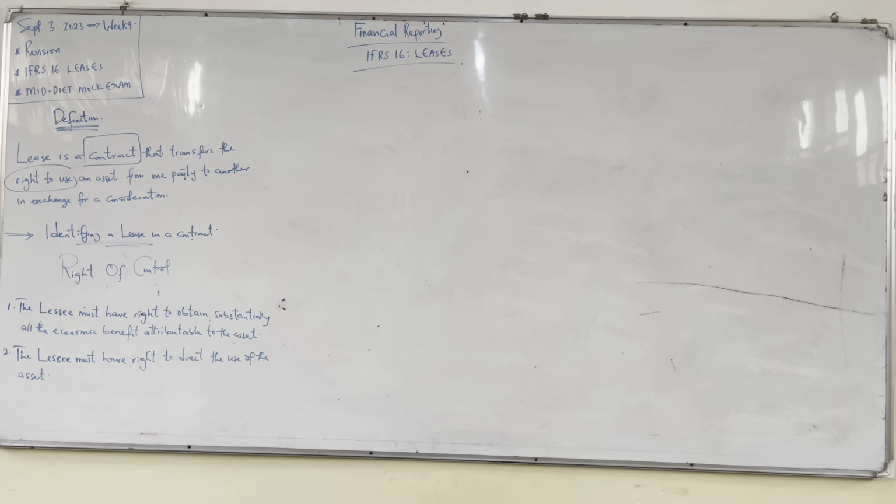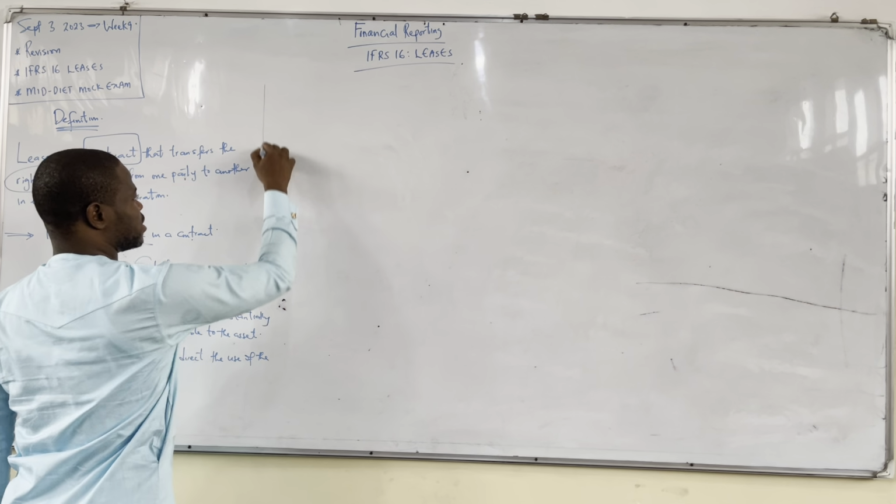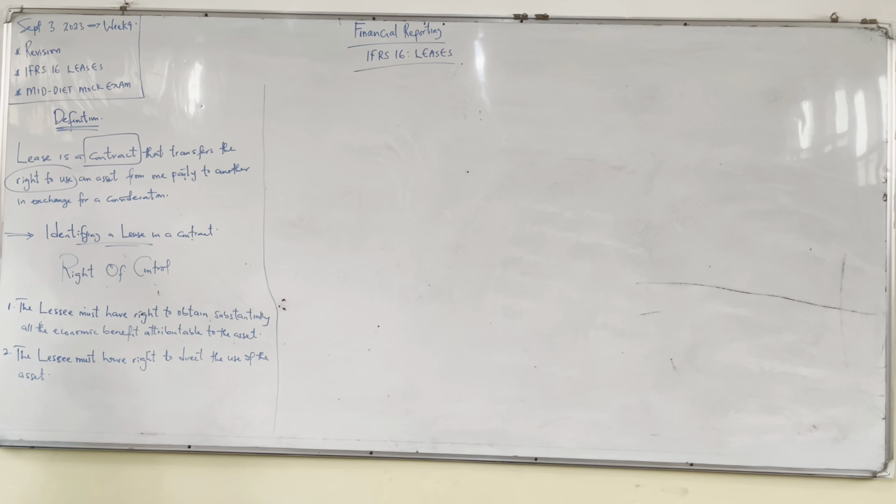So it's two ways. There could be an agreed way that you people have agreed you want to use it, but it should not be restrictive. One. Two, you might not have agreed. It might be an open arrangement. So what is key is that it must be the lessee that is directing the use of the asset. So we're going to look at some scenarios, right? And we would see if we can identify whether there is a lease in that contract. We'll look at that very soon. But before we look at that, okay, please.